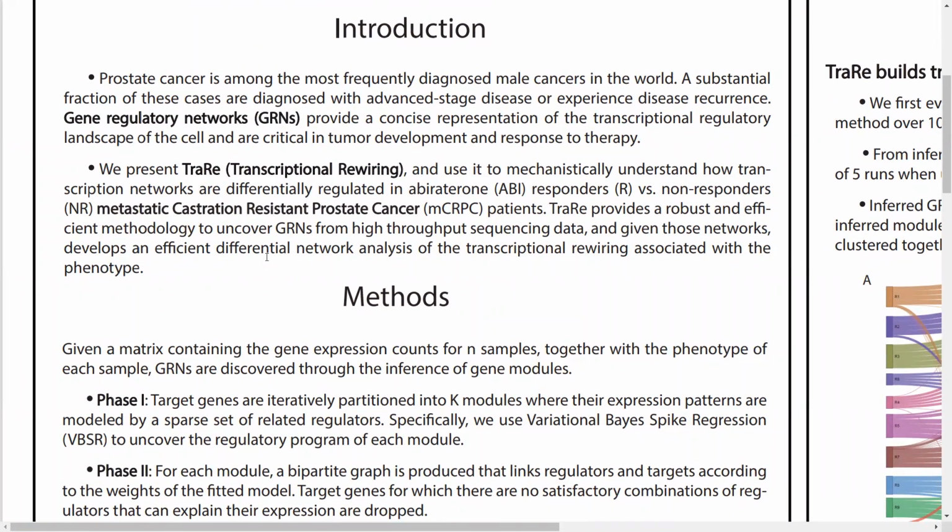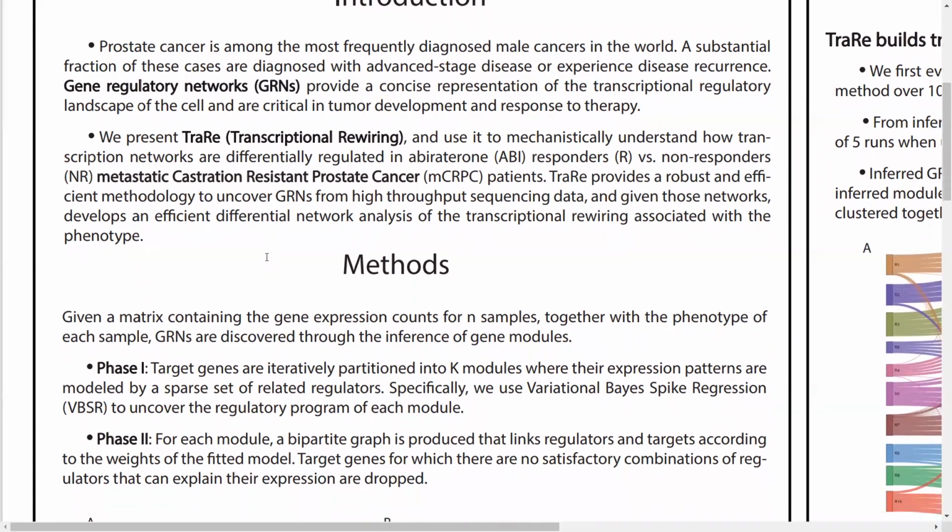It's a metastatic castration-resistant prostate cancer study from which we have a bulk RNA dataset containing 21K genes and 46 patients. These patients were sequenced before they were given abiraterone, and responsiveness was measured to generate the associated phenotype. TREWIRE was developed to uncover gene regulatory network disruptions among a binary phenotype, which in our case was responders and